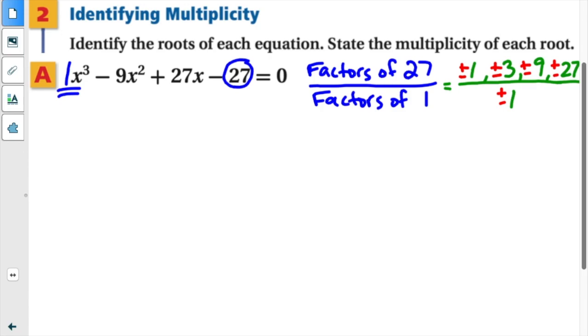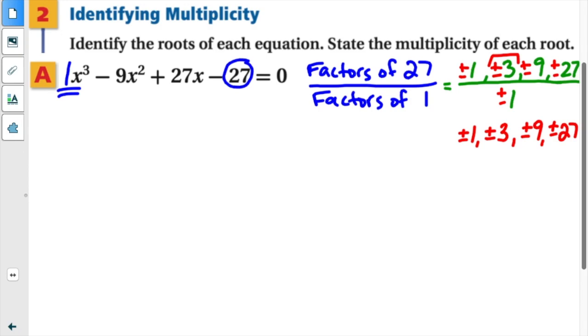So if we were to check each one of these over 1, plus or minus 1 over 1 would just be plus or minus 1. Plus or minus 3 over plus or minus 1 would be just plus or minus 3, right? We'd have plus or minus 9 over plus or minus 1, which is just plus or minus 9, and same thing with the 27. So these 8 numbers, positive, negative 1, positive, negative 3, positive, negative 9, positive, negative 27,